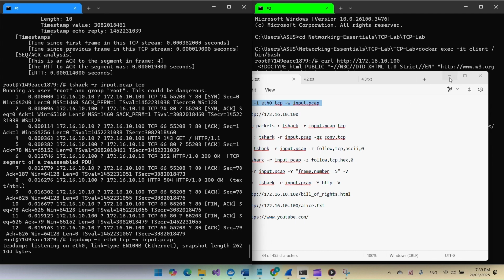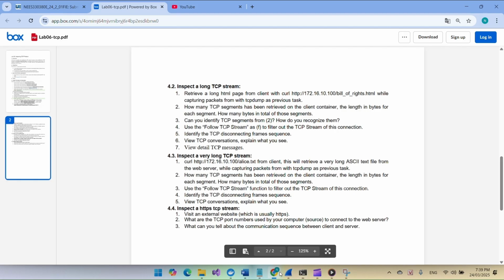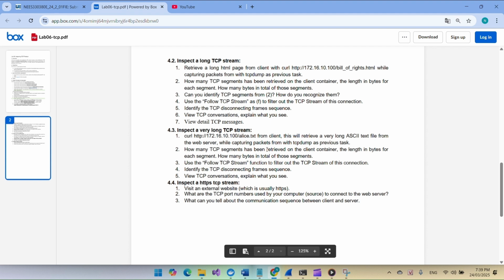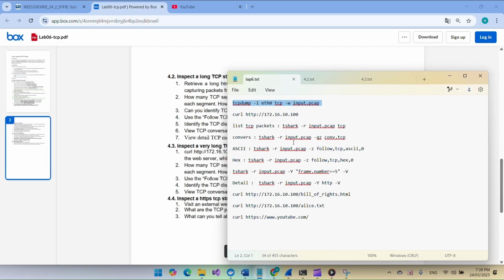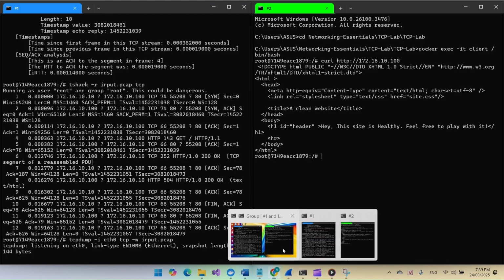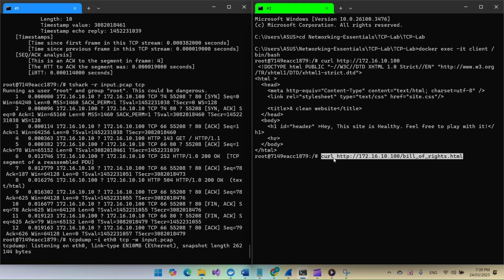And then, as you can see here, we will have to use this curl for capturing packets. For terminal 2,